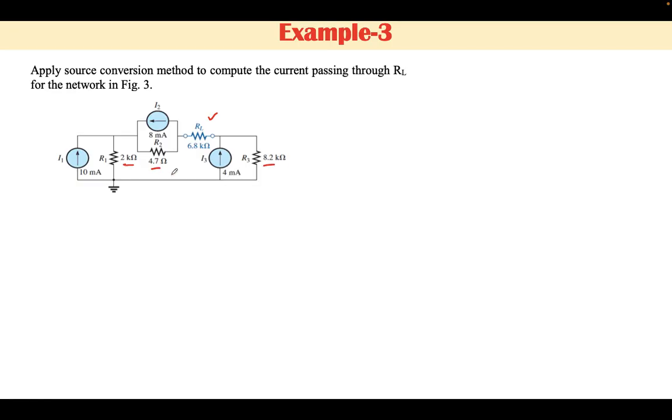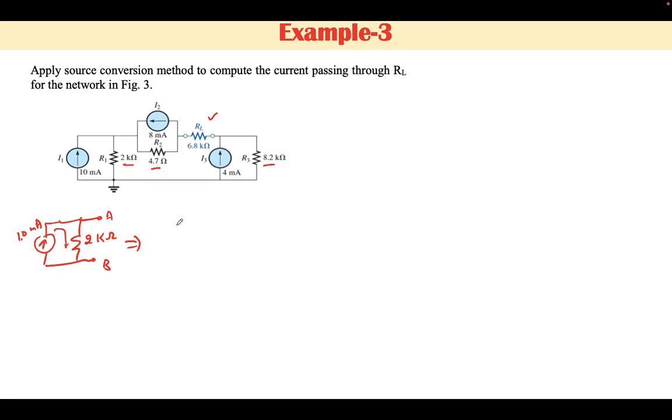the same network, first of all we have to apply the concept of source transformation. Let me convert this current source into a voltage source. While converting any current source into a voltage source, first of all we have to separate out that particular source, and the direction of current is upward. In this case the current is 10 milliampere, whereas the resistance is 2 kilo ohm. To find out the voltage equivalent circuit across terminal A and B, we have to take the product of these two, because this is the voltage across A and B when total current is flowing through this resistance.